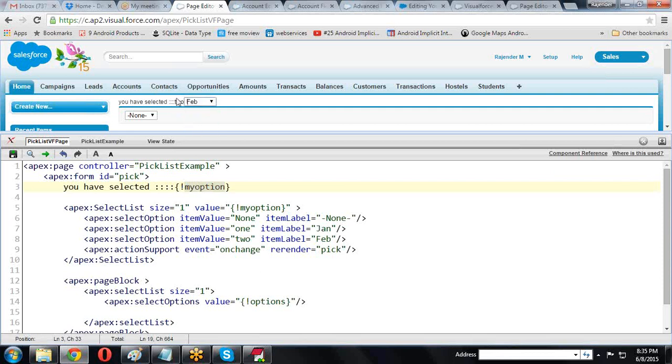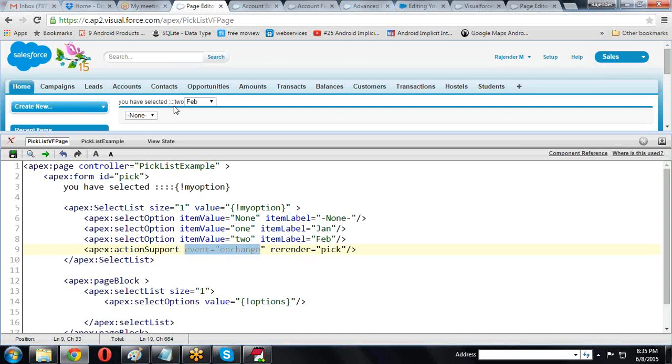The existing value is refreshed by using reRender equal to. So reRender equal to refreshes the value. We provided the form ID here. And whenever the event is onChange, we take actionSupport.